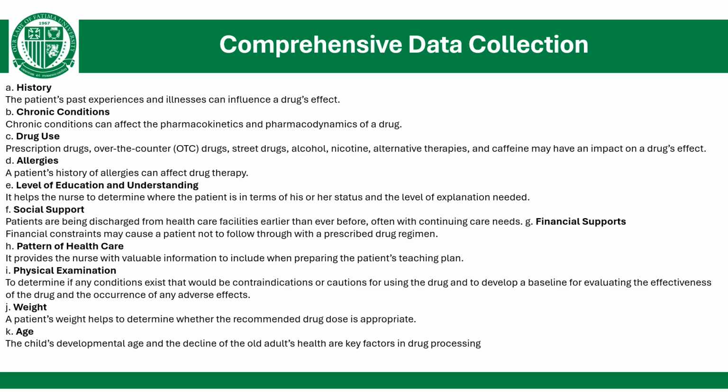The child's developmental age for the age group will influence the pharmacokinetics and pharmacodynamics. The immature liver may not metabolize drugs in the same way as in adults, or the kidneys may not be as efficient as those of an adult. As patients age, the body undergoes many normal changes that can affect drug therapy, such as decreased blood volume, decreased gastrointestinal absorption, reduced blood flow to muscles or skin, and changes in receptor site responsiveness.